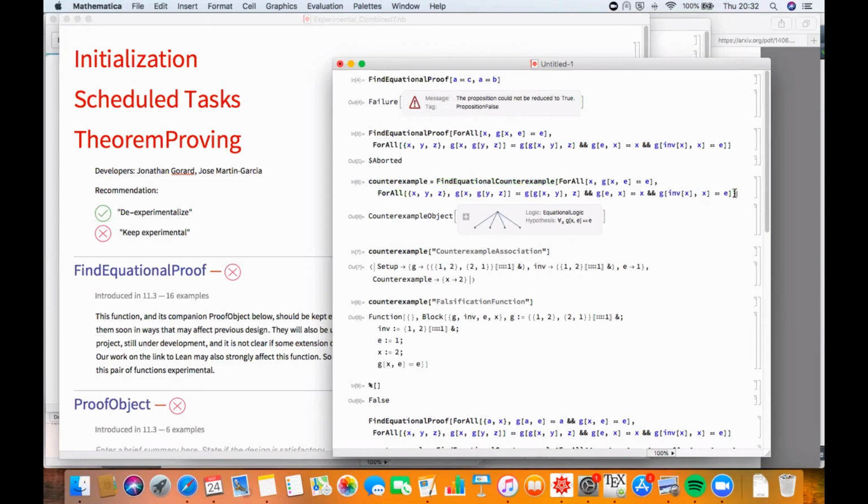Okay, I understand. So yeah, I agree with you that if you're using built-in system things like times and plus, we should pull in axiom systems for those. Yeah. And ultimately, the family of that stuff becomes, we could imagine a thing called GroupMultiply or GroupTimes or some such thing, which would have the axioms of group theory built in. Right. Yeah, that's probably the right way to do it. In our group theory subsystem, Jose, do we have something which is a group times effectively?